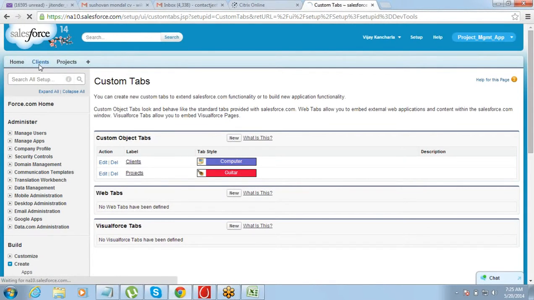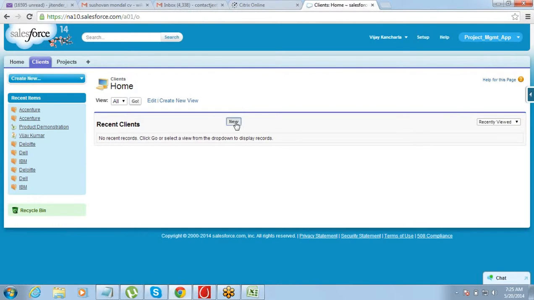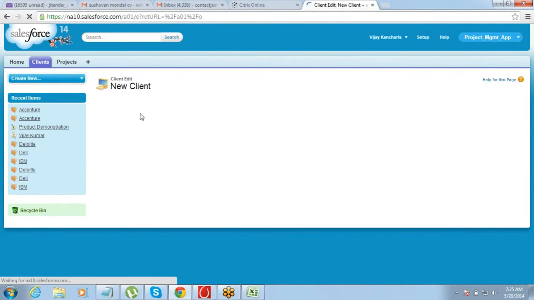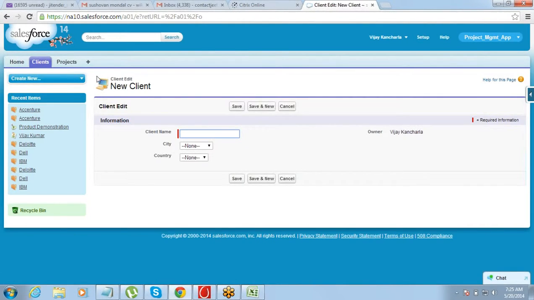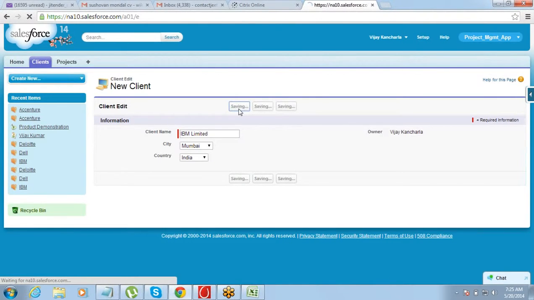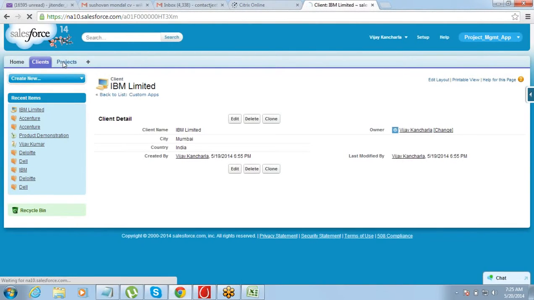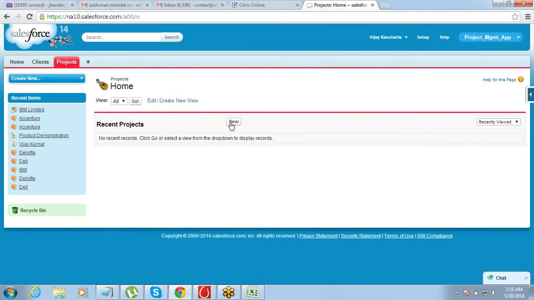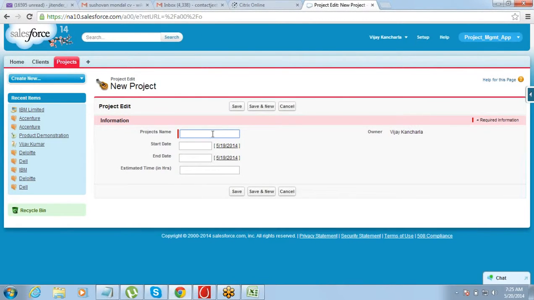So you can go to clients and enter new records here. Whatever image and color theme you selected, you see, that has come. Client name, you give anything, IBM, city, let's say Mumbai, country India, save. Got it? So this is a complete custom app that we have created. Project, click on project.